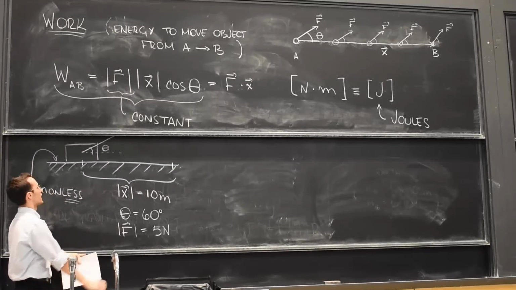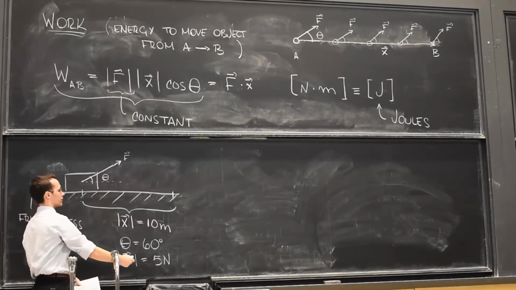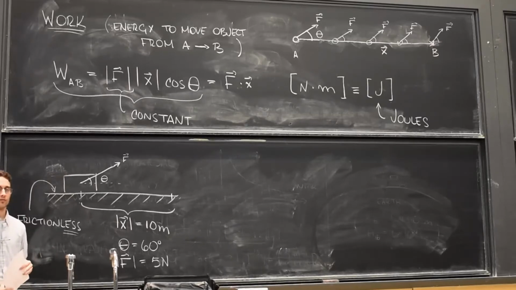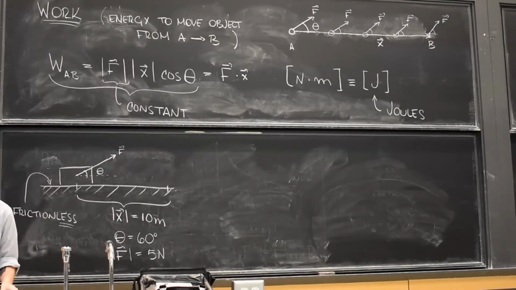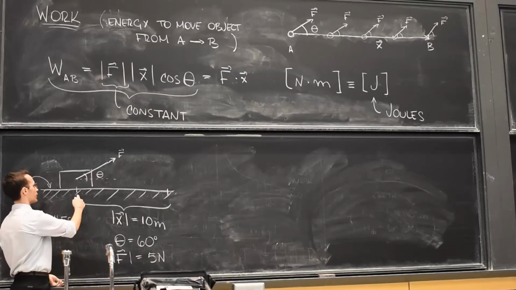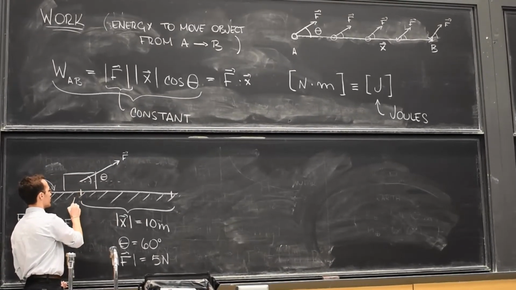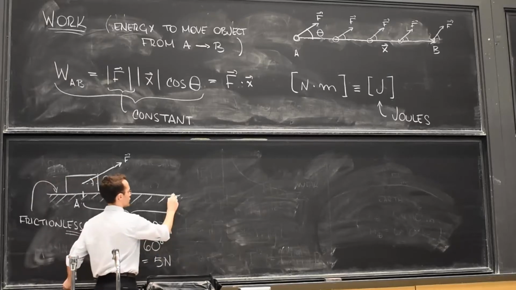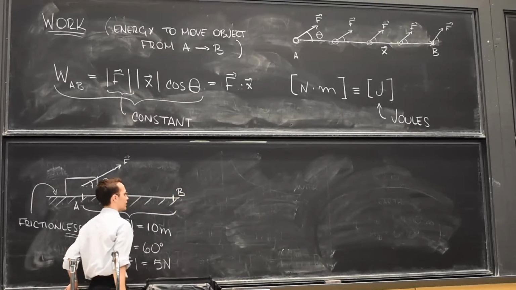All right, so magnitude of force, angle theta, distance 10 meters. If you want to calculate the work, how much work will it take to go from here, point A, to here, point B,